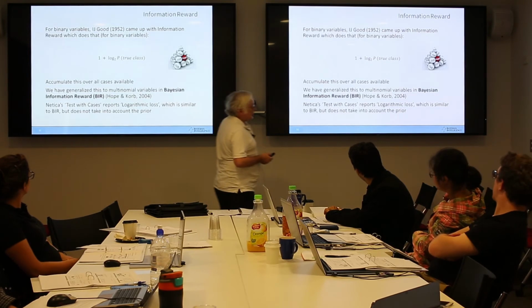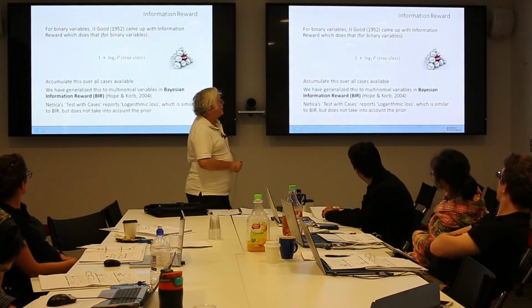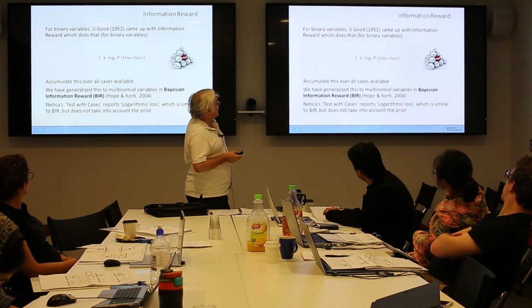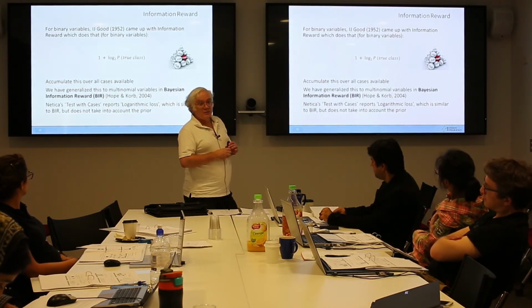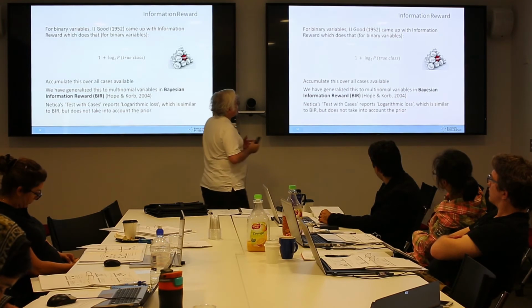Okay, so there are techniques around, and have been around for a long time, which do tell you about that. I.J. Good, an early Bayesian philosopher who worked with Alan Turing, came up with a technique, a kind of log score, which basically combines predictive accuracy and calibration. So to maximize the score,